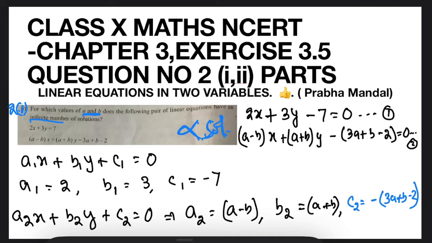But since in this book, from the starting to the end, we are taking the values of x and y, and he is asking to find the value of a and b, that means a and b have been taken as numerical numbers. So, our variables are x and y, and a and b are some numbers. Okay. So, for this equation, the first step is we have to see whether it is in standard form or not.